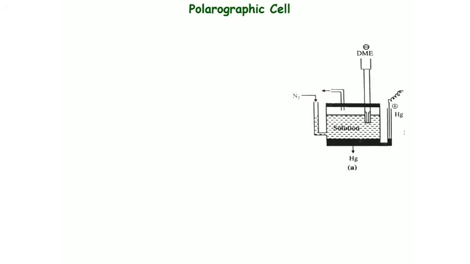Polarographic cell. The diagram shows the Polarographic cell. In this, there are three main components. First one is our indicator electrode, that is DME. It acts as a cathode. Second one is the pool of mercury, which is present at the bottom of the cell, which acts as an anode, or it is also called a reference electrode. And third component is the electrolytic solution. That electrolytic solution contains the solution of test cation plus solution of supporting electrolyte and solution of maxima suppressor, that is gelatin. So polarographic cell consists of cathode,